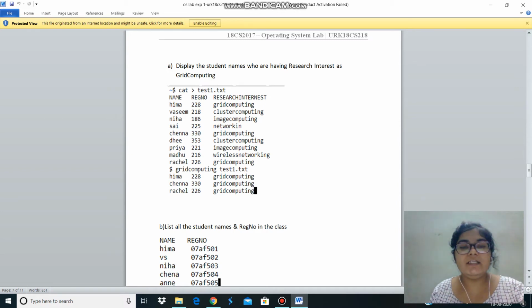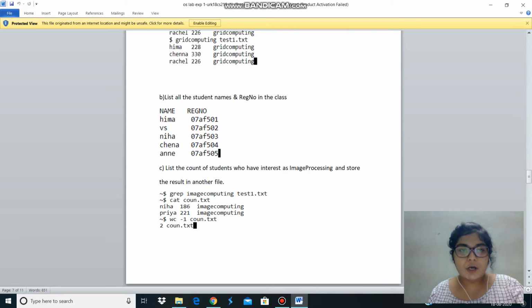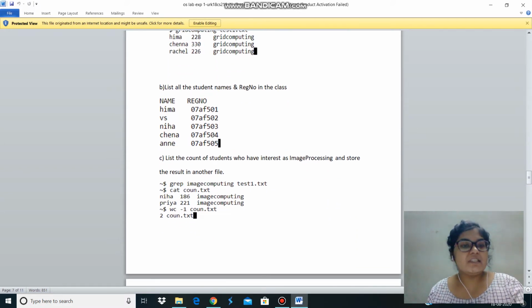The dollar symbol is used to fetch the variables or to fetch the content on the output screen. Then I am using grep grid computing test1.txt. Then the grid computing students with their name and registration number will be available. Then the next one is students' names and registration numbers. We can print all the names and registration numbers.